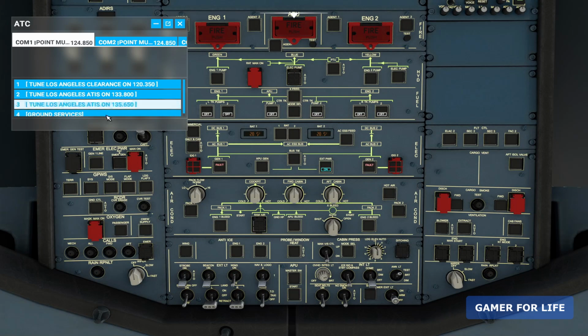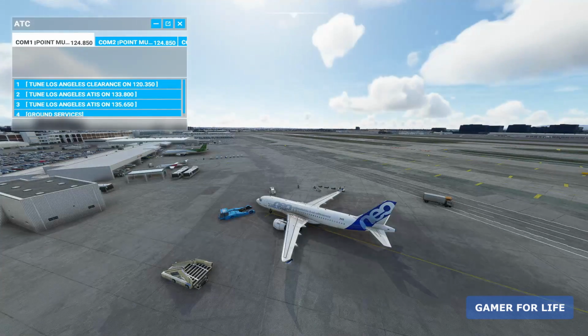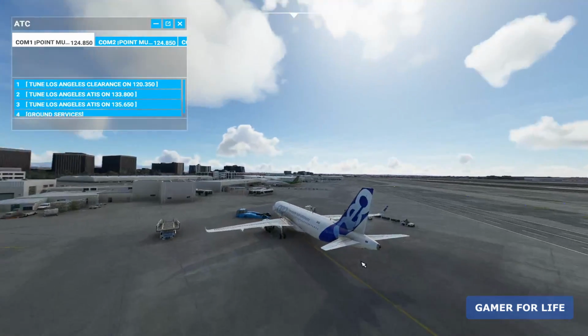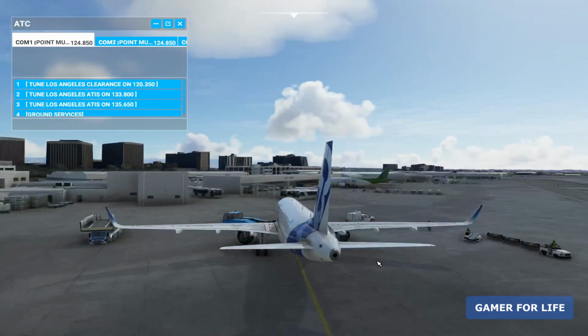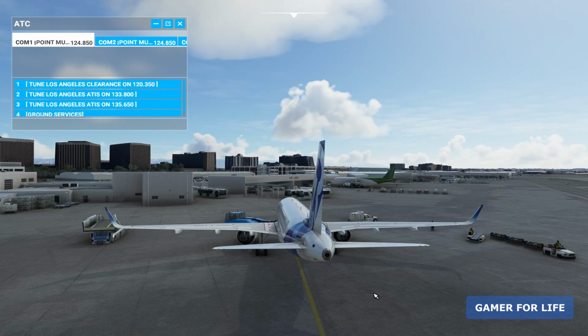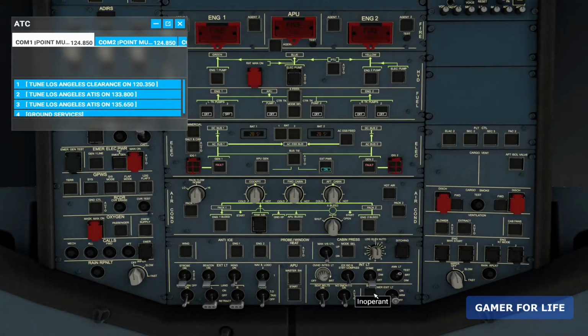Now if we want to turn on the plane, we need to use the APU. We have the auxiliary power unit at the back part of the plane. You can see the tail with a hole there. That's where the APU, the auxiliary power unit, lies. What it does is get power from the external source, and then channel that energy to start the